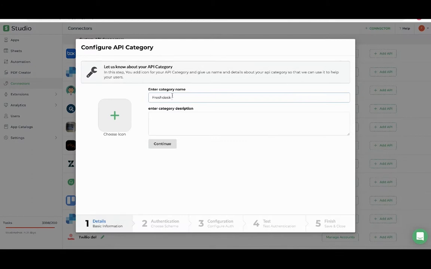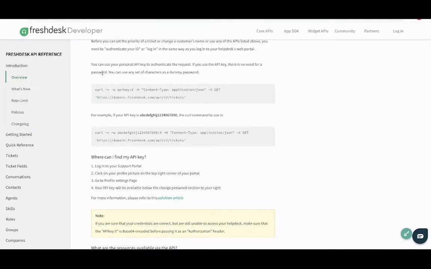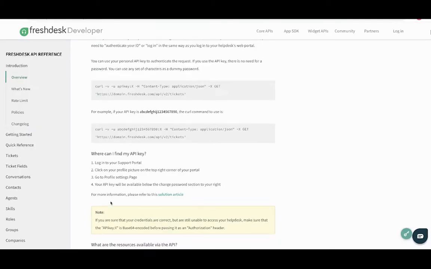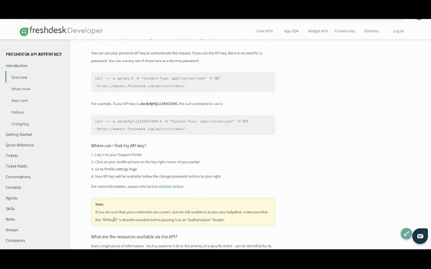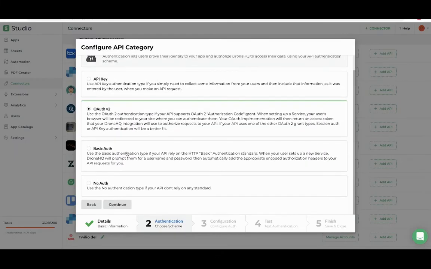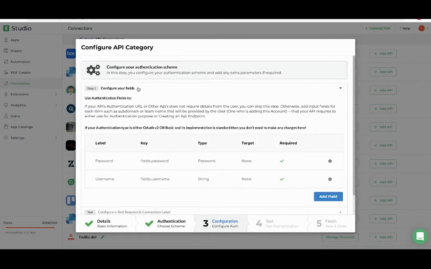Here we'll take an example of Freshdesk which is used to manage your support tickets. Let's click on Continue. Here you can see from the Freshdesk documentation that it supports basic authentication where API key and X are base64 encoded before sending it to the authorization parameter. Also -u indicates in the curl request that user credentials are sent, which is indicating that it is of basic authentication type. So let me select the basic auth type here,